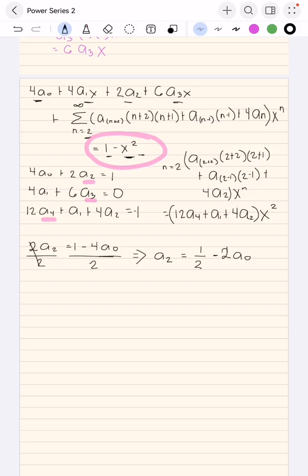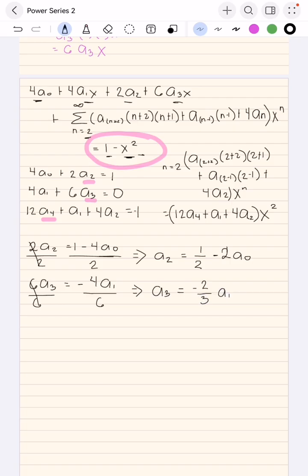And then for 6a3 is equals to negative a1, 6a3 is equals to negative 2 third a1,